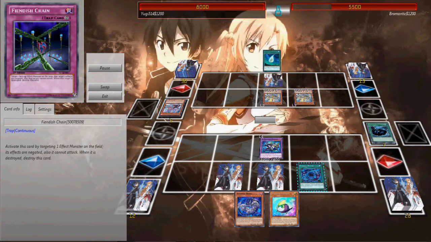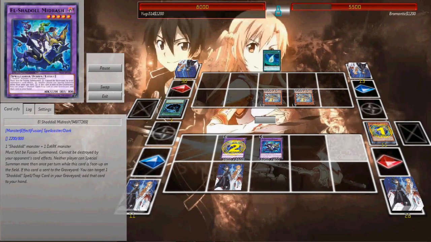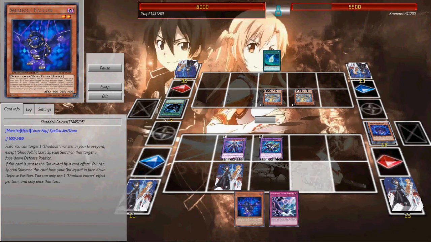But I am going to Shaddoll Fusion, and he's going to MST hitting my Phoenix Chain, which I don't really care about, just to say. Sending Beast and Rainbow Creeper, some Nephilim, Beast effect, and Neph effect. I believe with Neph I send the Hedgehog,